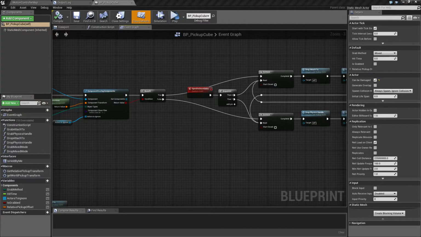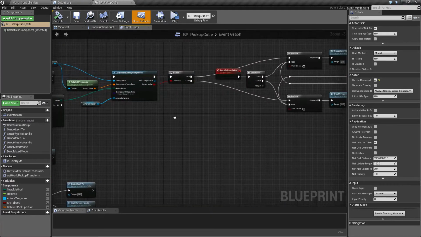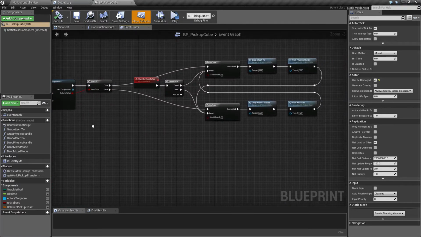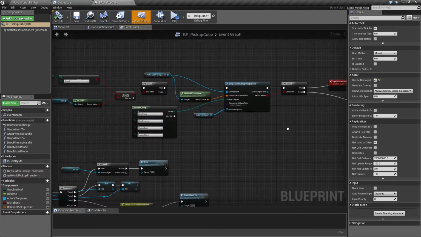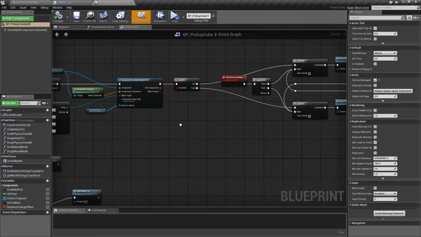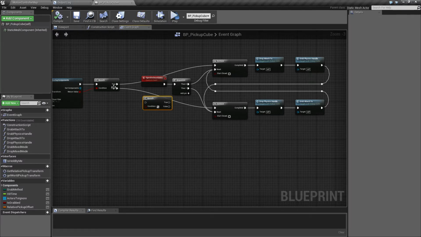Welcome back, and in this video we're gonna continue and build hopefully the remaining logic to make the transition back and forth work. So in the event tick that we built in the first video of this setup, we're gonna introduce a branch here, because this is the part where we want to switch back, or basically want to, well,